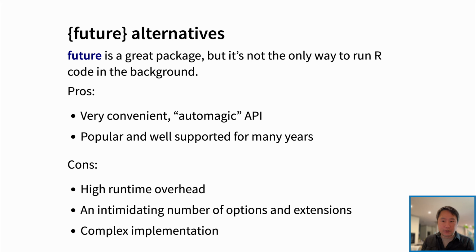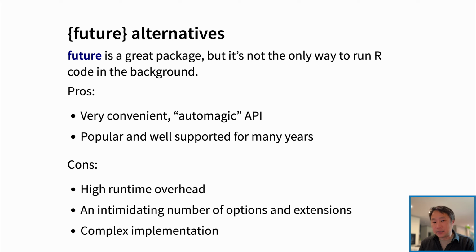And even if that code refers to variables or packages that are outside of your Future code block, it'll just sort of figure out how to bring in everything it needs, or tries to, based on some crawling around in your environment, and will work pretty hard to automatically make sure all those things are available in the background R process that it launches. That's pretty cool. And the other really great thing about Future is that it's popular and has been used for years by many people. So there are pitfalls, but those pitfalls are somewhat known.